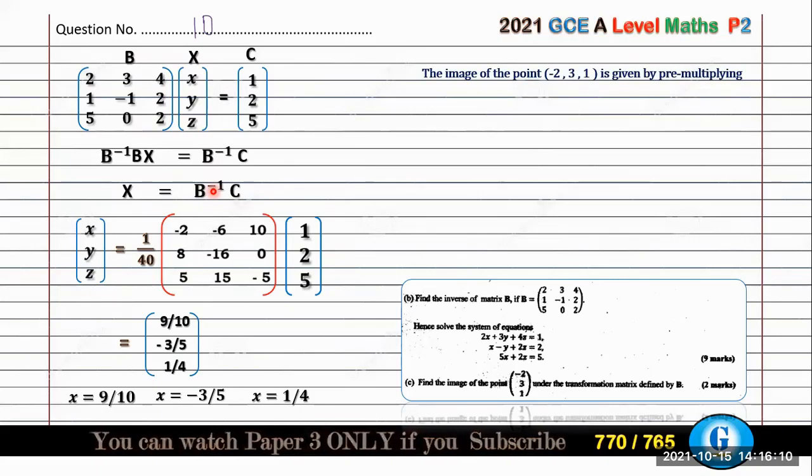I'm sorry, by pre-multiplying this point by the matrix B. So to find the image of this point, as you said, the image of this point can be given by pre-multiplying this point by the matrix B. So this will give us